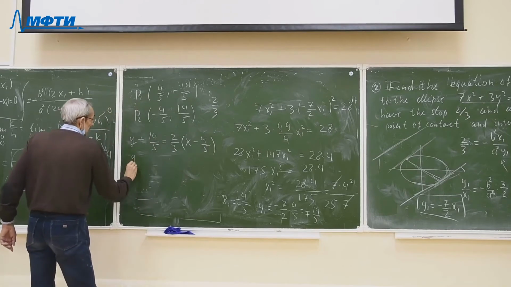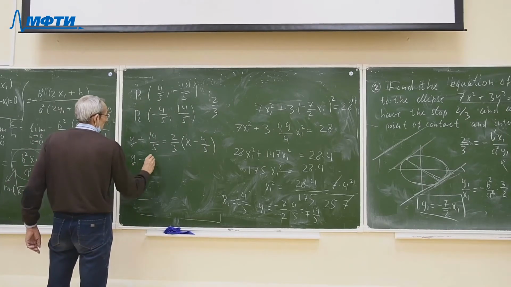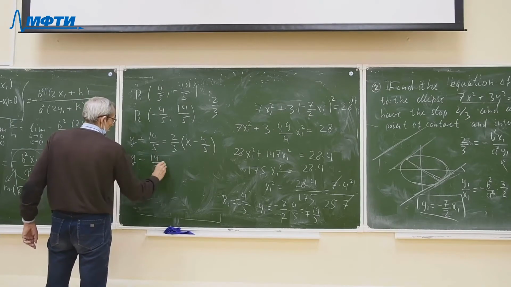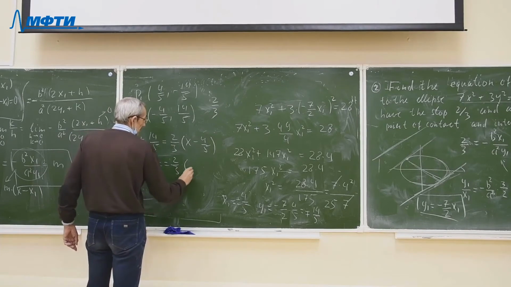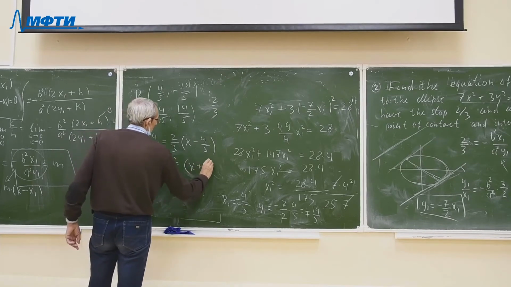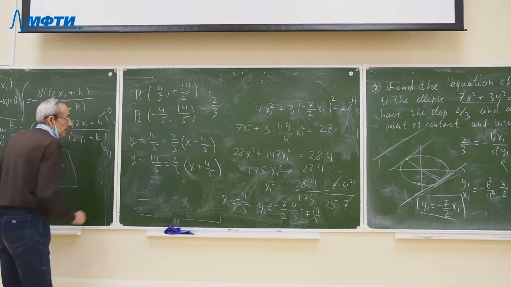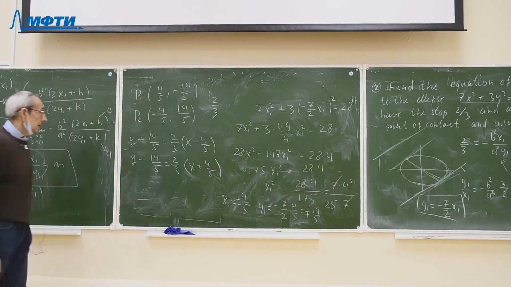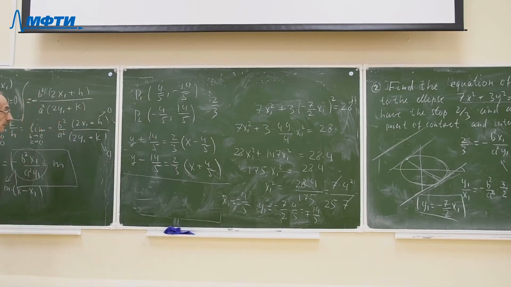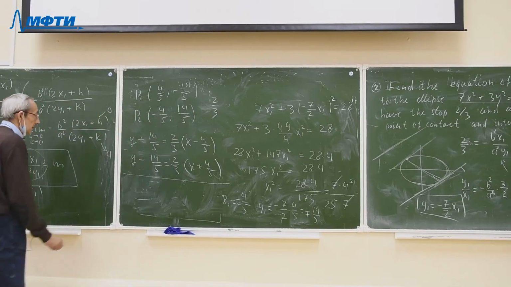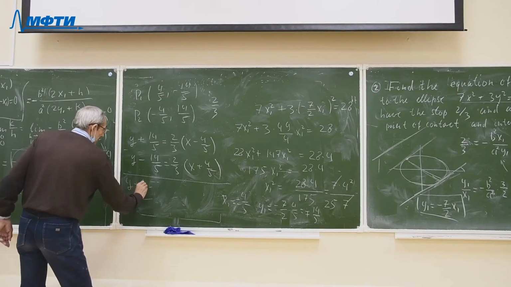And the second tangent: y minus 14 divided by 5 is equal to 2 divided by 3 times x plus 4 divided by 5. Two equations for tangent. And the same way we have two equations for normal. For normals, y plus